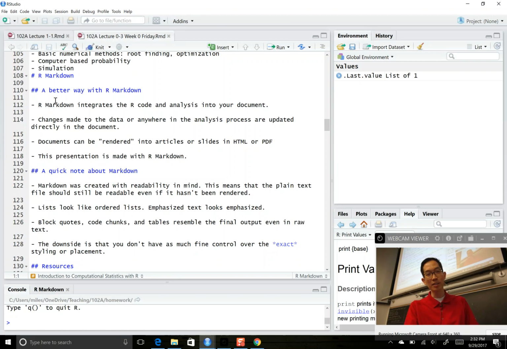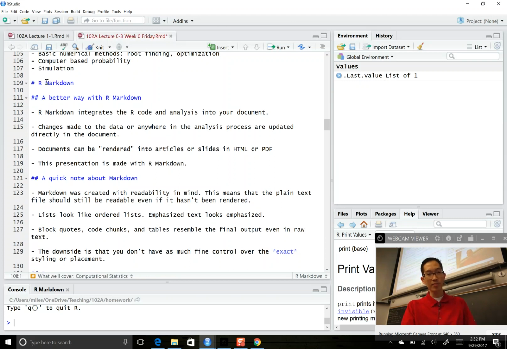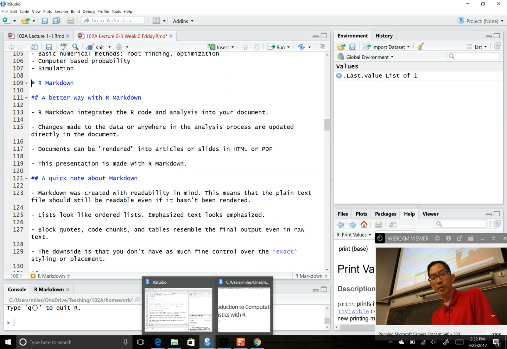Just basically the content, but then you put a little hash mark in front of it, and it says, oh, this is a heading. And then when you render it, it produces everything. And then if you have code, the benefit of R Markdown is that